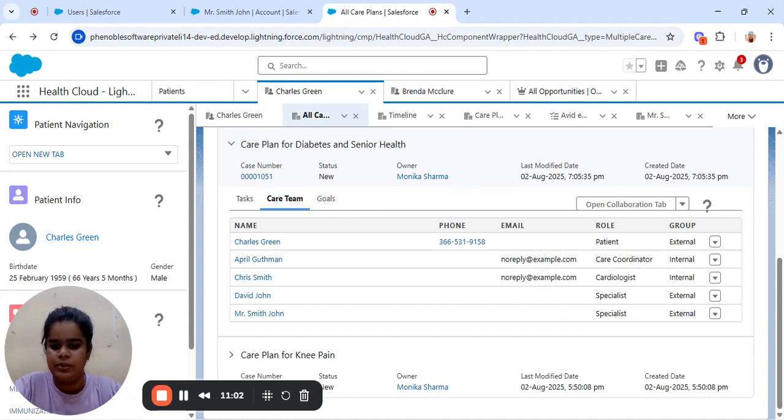Okay, so the next is why it is important. We are adding care team members, we are creating external care team members, for the better care of the patients. So now the question is why it is important, why we are not working without the care team member.